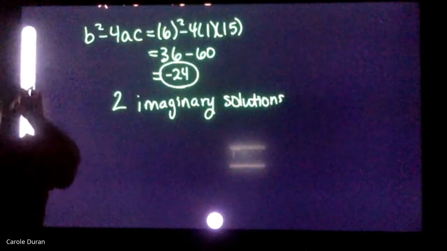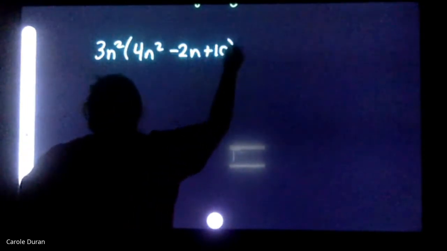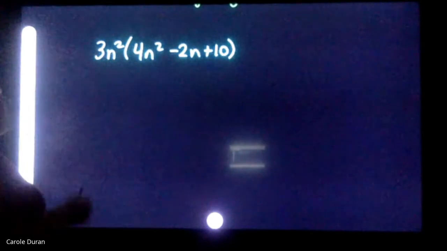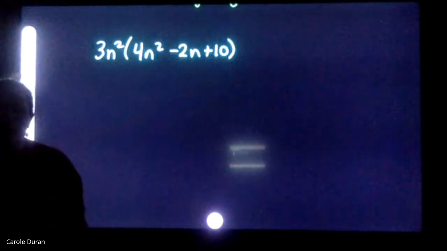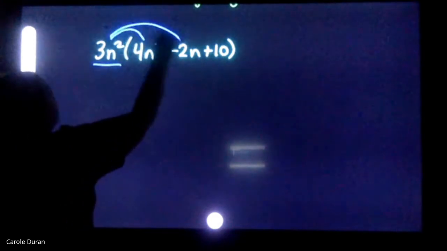So on number 17, it asked me to find the product. So I have 3n squared times 4n squared minus 2n plus 10. When I'm finding the product, I'm just multiplying all of this together. So in this specific example, I just have a number in front that I will be distributing into all the